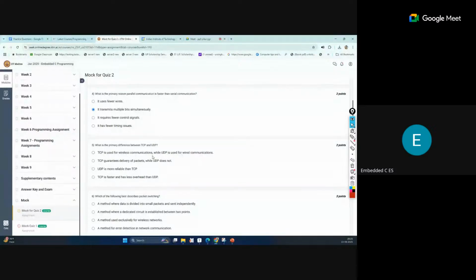But UDP is also used where, for example, you are downloading some videos from a server. In that case we can use UDP, where the information is not that important, so packets may come from different channels and you collect all the packets at the final destination. But TCP is more secure. Here the connection is set, the circuit is fixed, and only then does transmission happen.